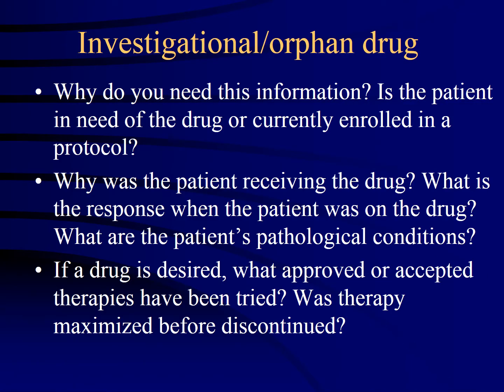When asked questions about investigational or orphan drugs, you should ask the requester, why do you need this information? Is the patient in need of the drug or currently enrolled in a protocol? Why was the patient receiving the drug? What is the response when the patient was on the drug? What are the patient's pathological conditions? If a drug is desired, what approved or accepted therapies have been tried? Was therapy maximized before